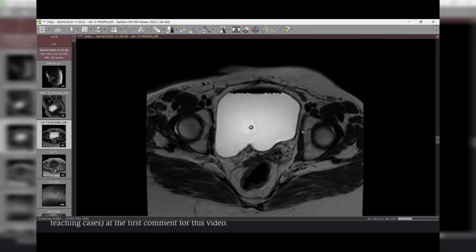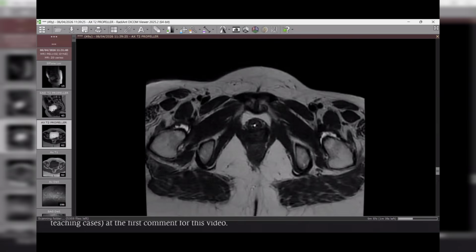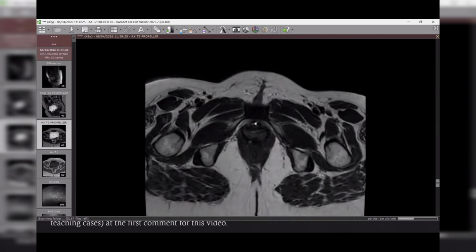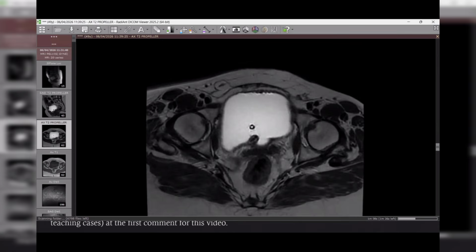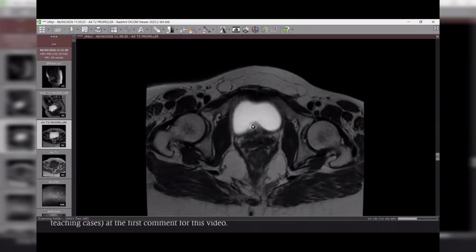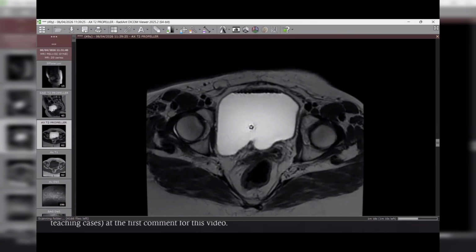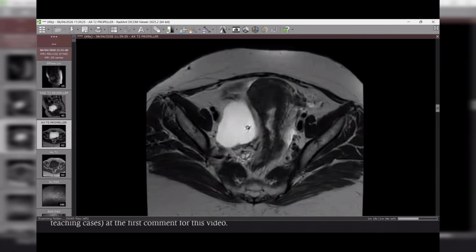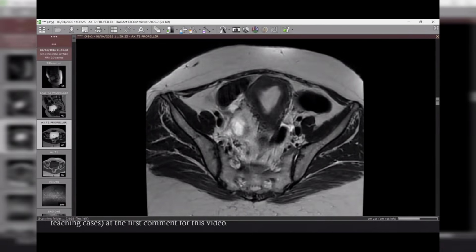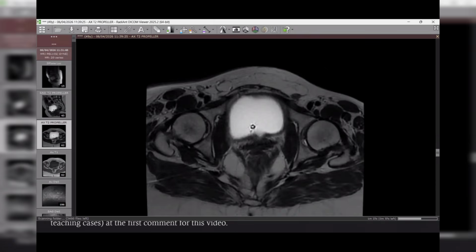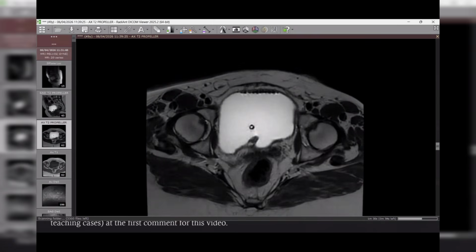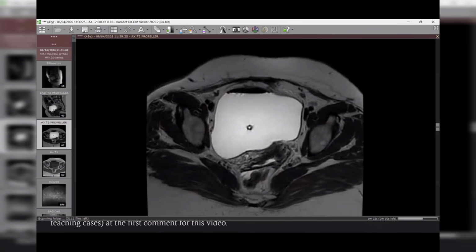Okay, sir. So I'm provided with the CT scan and this MRI T2 weighted image of a patient who has a suspected mass in the urinary bladder. I'll first scroll through the images. So there's an irregularity in the posterior wall of the urinary bladder, which appears to be an extrinsic mass arising from the